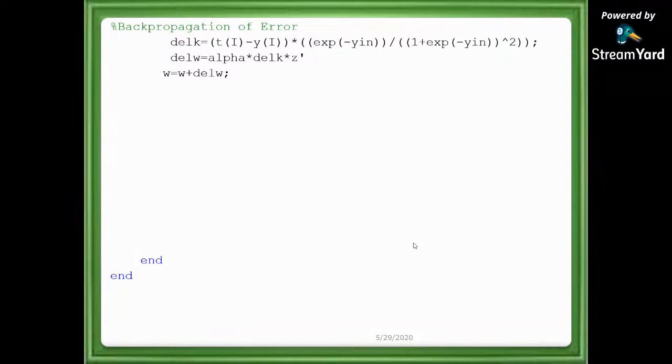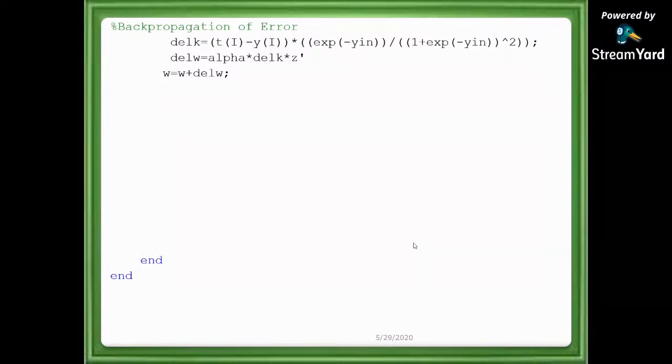And you look at the third step. I'm going to adjust my first weights. W is equal to W plus del W. What is that incremental weight? You would have remembered the formula. Alpha into, on the other side, input. What is the input for my output layer? Z. Previous layer's output is the input for my current layer. And I have del K. You go one step above. Del K is equal to target minus output into differentiation of that net value.